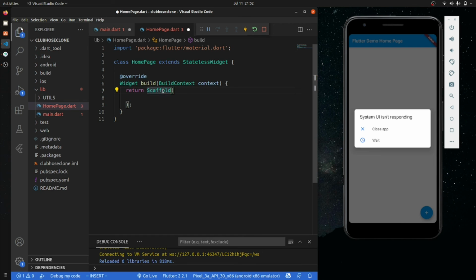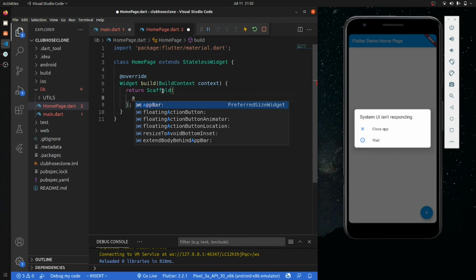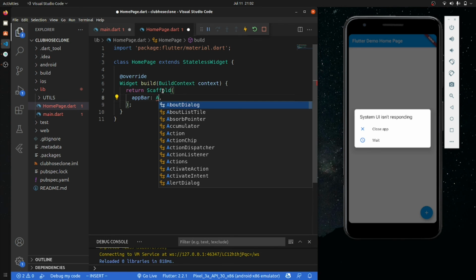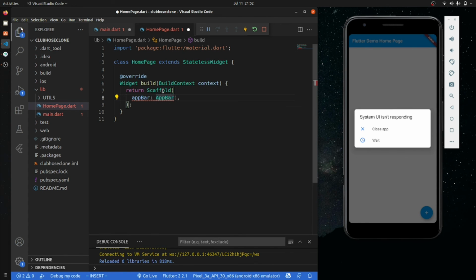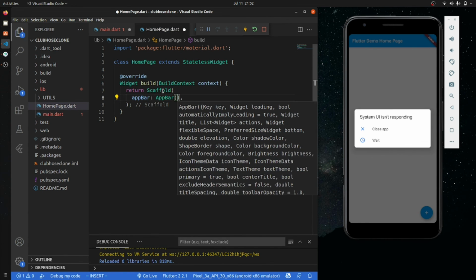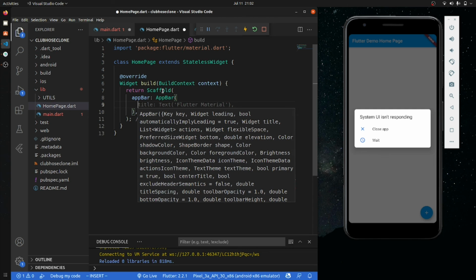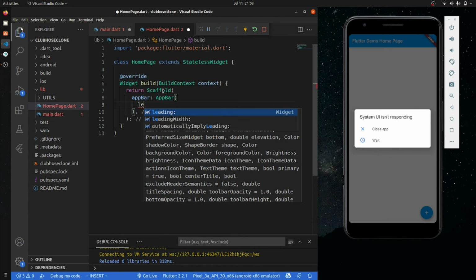We have a scaffold, and now let's create an app bar. So app bar will be just a simple app bar, and inside our clubhouse we don't have any text in the app bar, so we have to just give a leading.